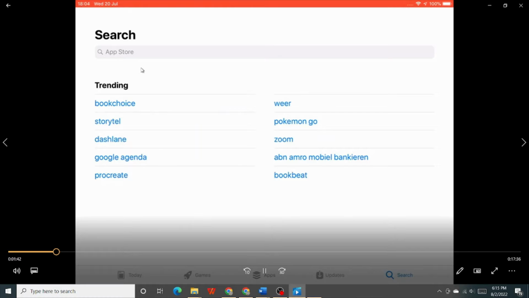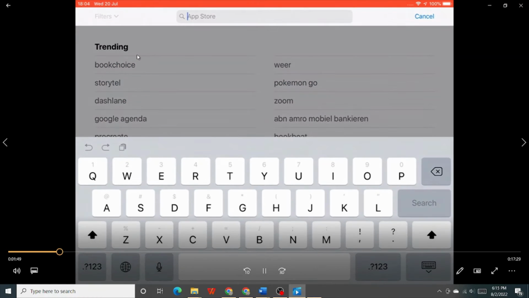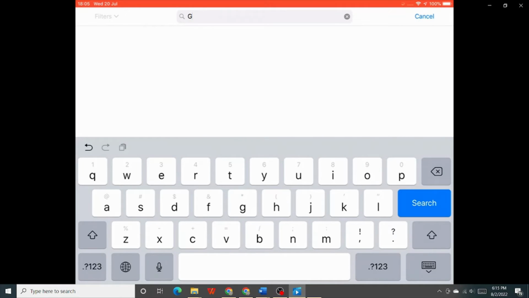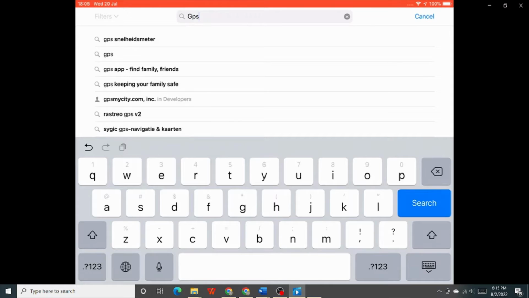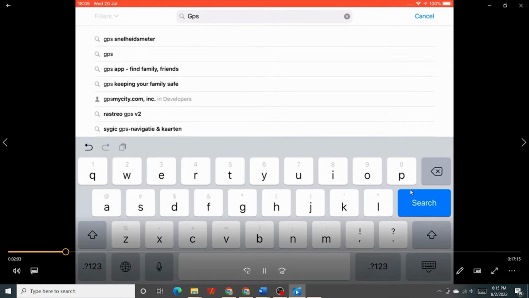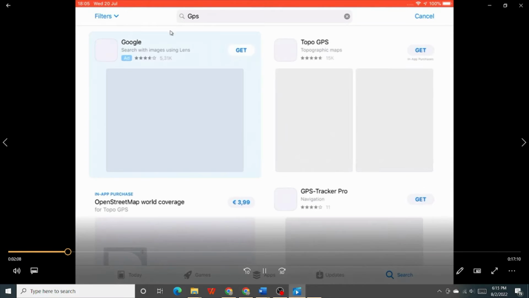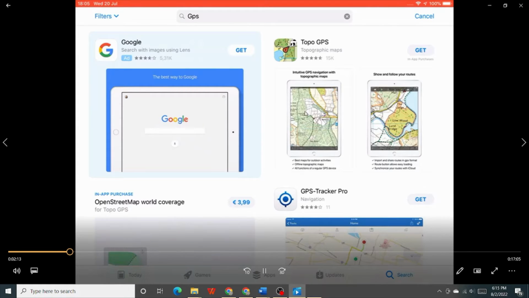Click on search, come to this space here and type in the rough name of the application you're looking for. It's not just the name per se. Maybe I want to download some GPS enabled applications. So GPS, you can just type in GPS and then click enter. Click the search. Touch on the search. And once you touch on search, it loads applications that are related to the GPS recording or